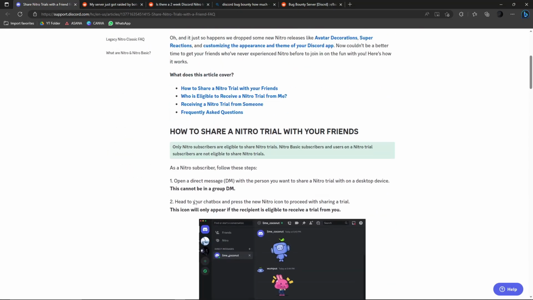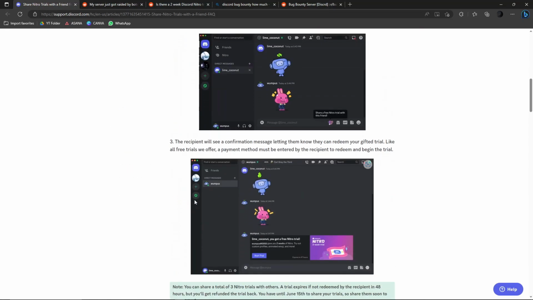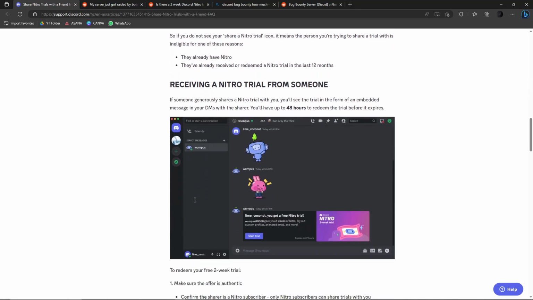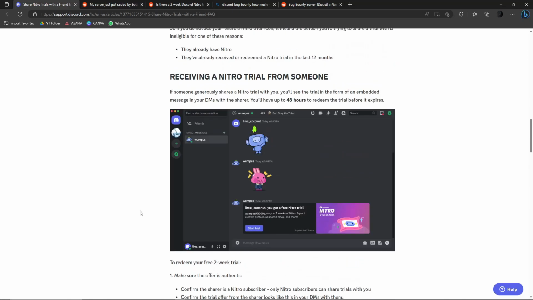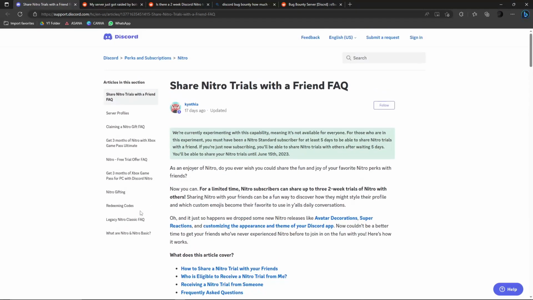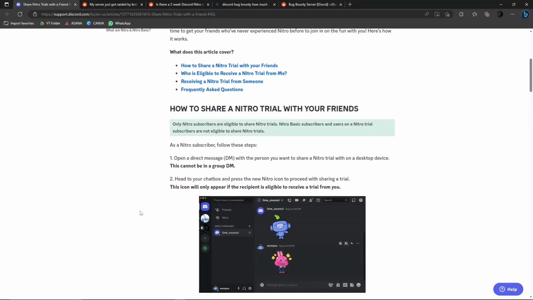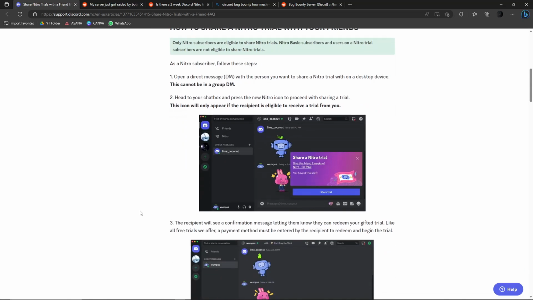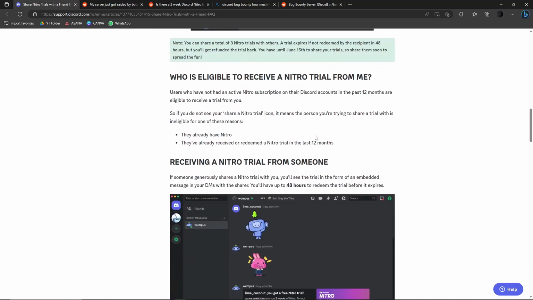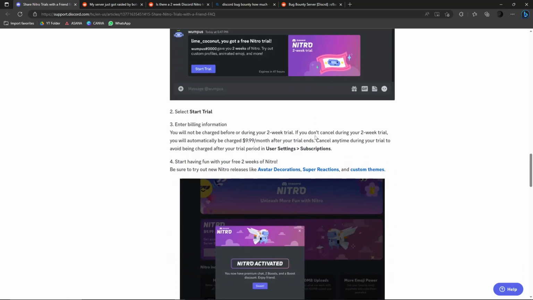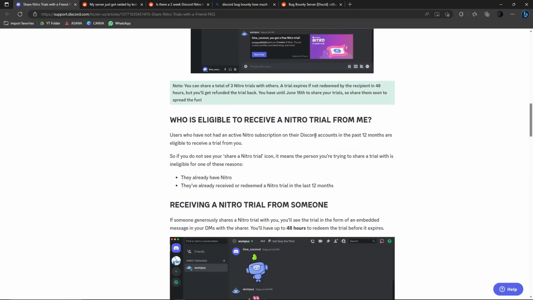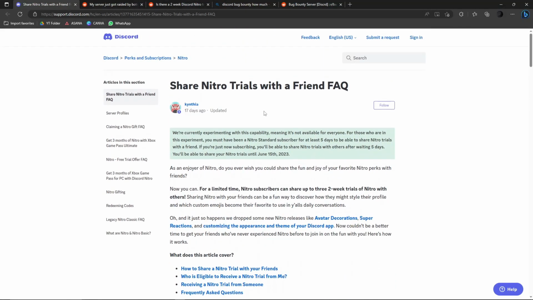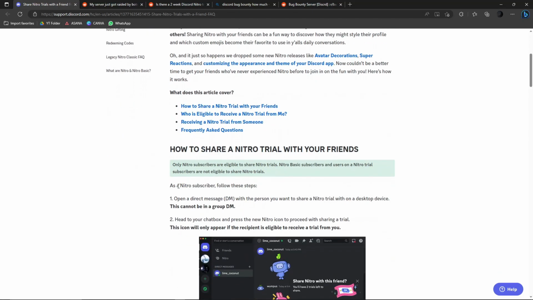please make sure that you always check your servers. If some people are giving out free Nitro, make sure they're friends or such. And I want to let you know that you don't have to give your QR code, you don't have to scan anything, you don't have to give your password or emails to activate that trial Nitro. Again, some people might take advantage of this, saying that they need your information to activate that free Nitro trial. I am telling you that it is not actually needed. It's not required to share that Nitro with your friends.